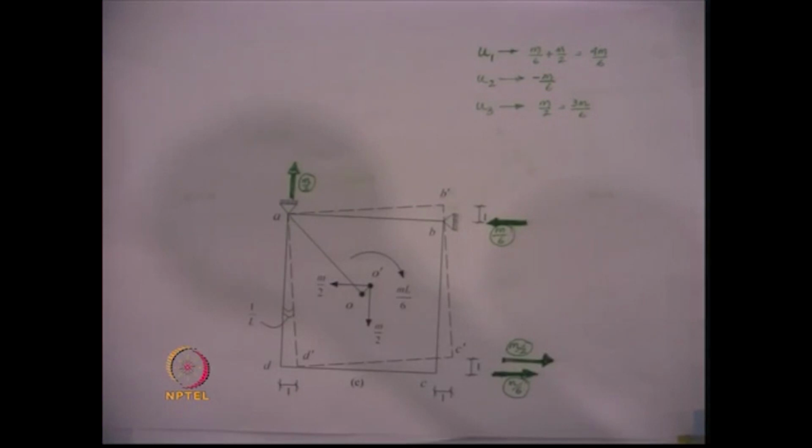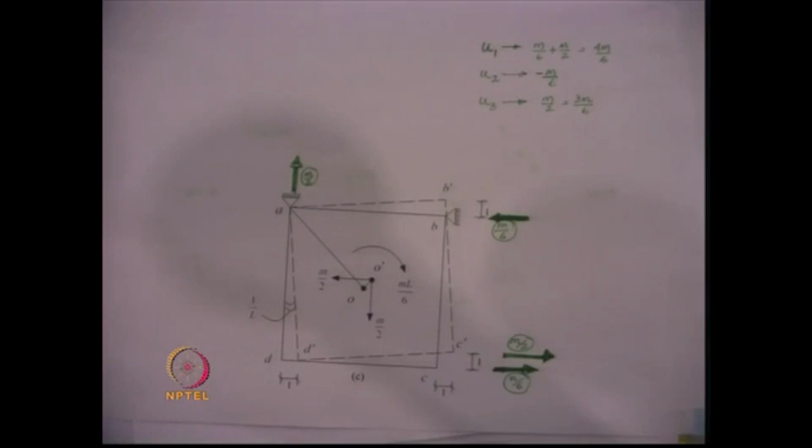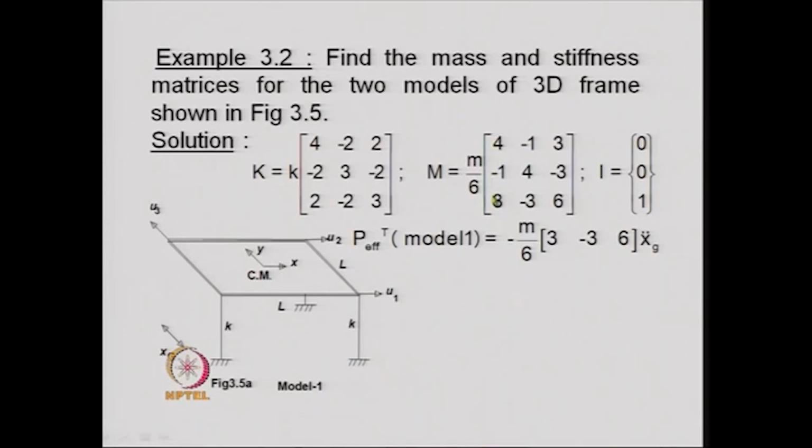So, we have the first diagonal, m by 6 taken as a common, and you have 4 m by 6 for u1, that is 4 m by 6, and then minus m by 6, that is this one, and then 3 m by 6, that is this one. So, these are the three forces or inertia forces which are generated given a unit acceleration to the degree of